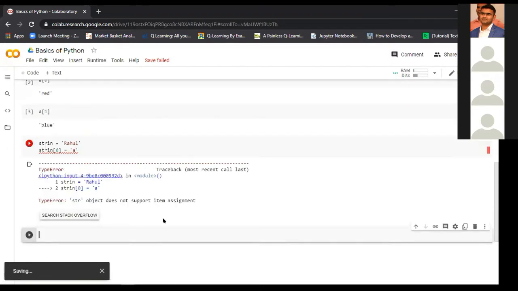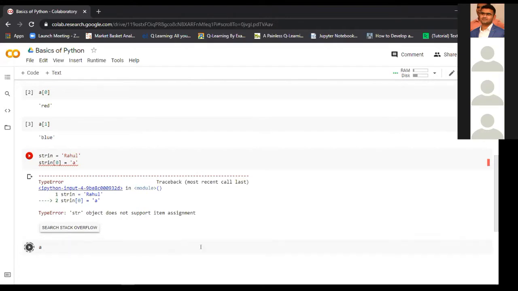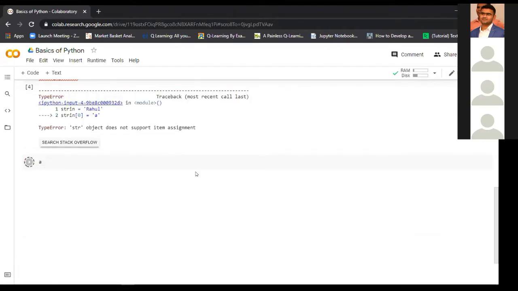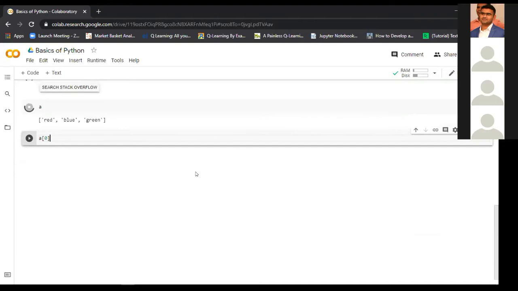Let's print our A again, and now let's check whether we can reassign values. As we can see, our list is showing here. Let's try to change red to black.